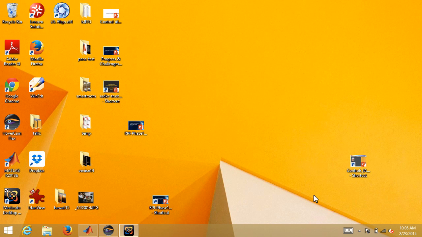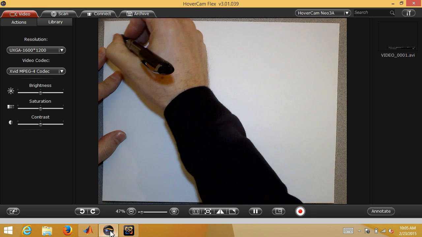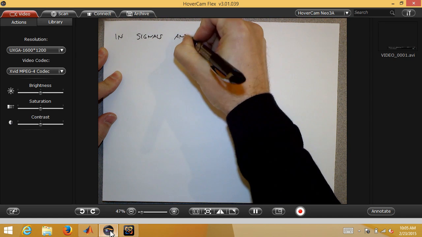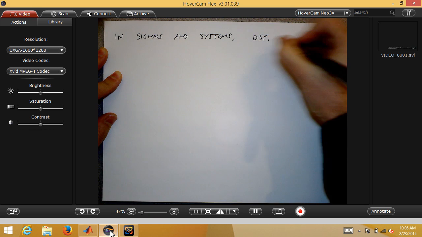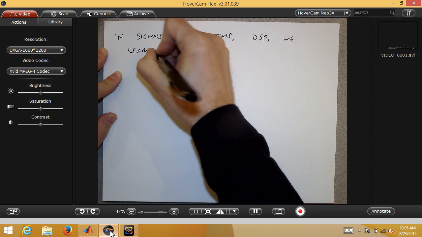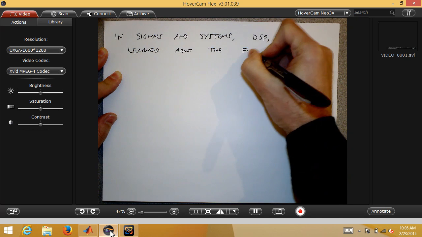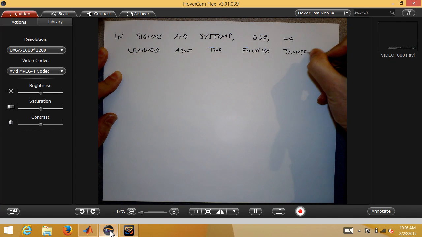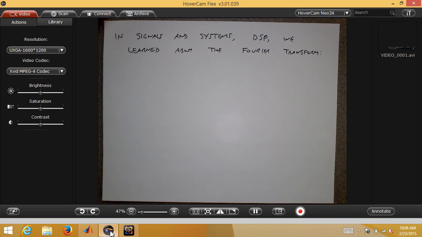Okay, so usually this class is preceded by some course like Signals and Systems or DSP. In those classes, we spent a lot of time on the Fourier transform. Even though we're going to spend this week talking about Fourier transform stuff, and it is important for